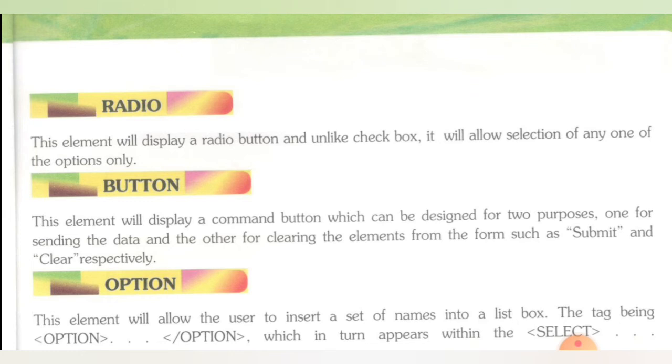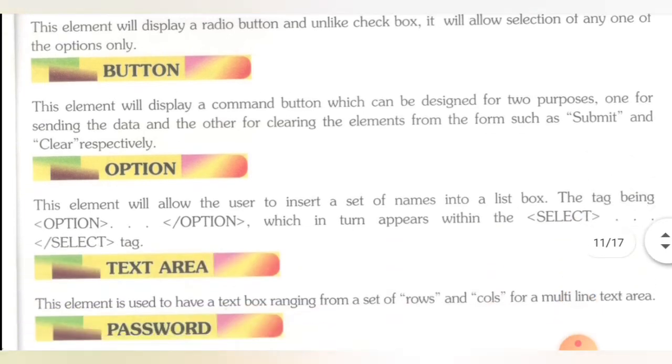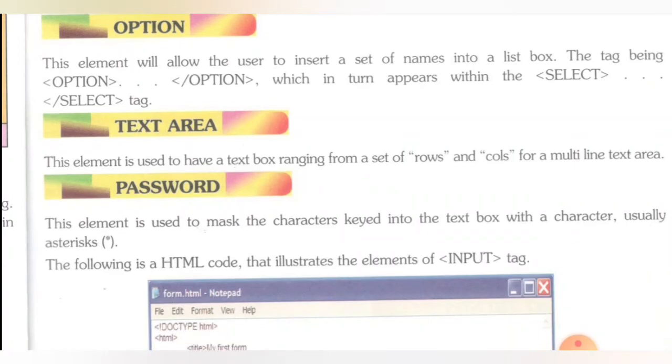And then next, buttons. When you click on a button, some actions can be carried out. Examples of buttons are OK, cancel, save, open. These are all examples of buttons. You can create buttons like submit and clear also. Then options, an option list: if you want to list out the items, then we can use an option element. And then text area,